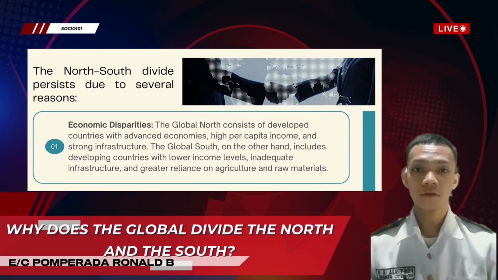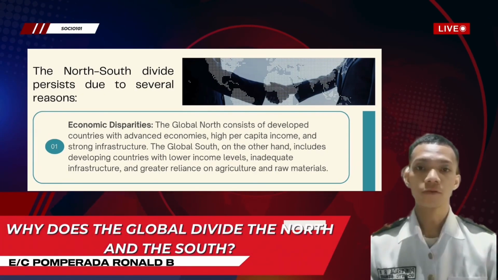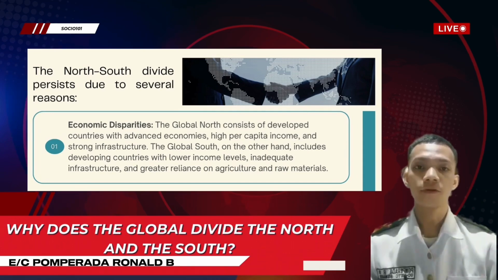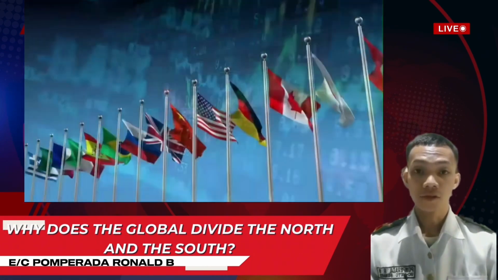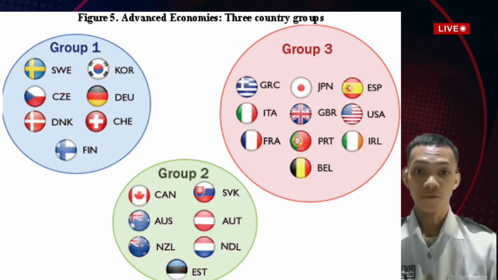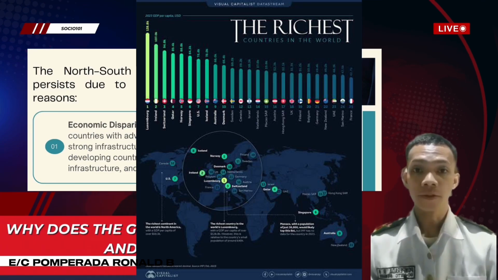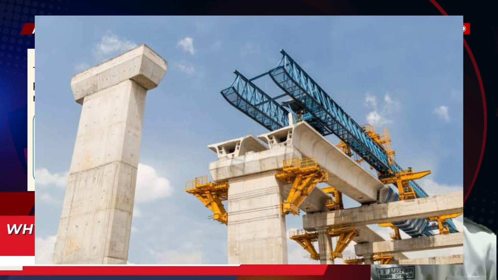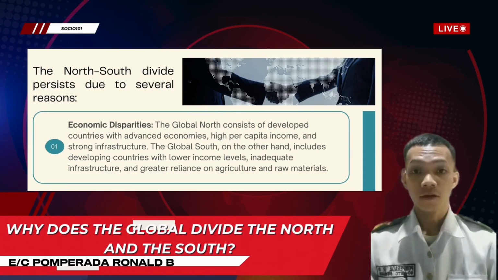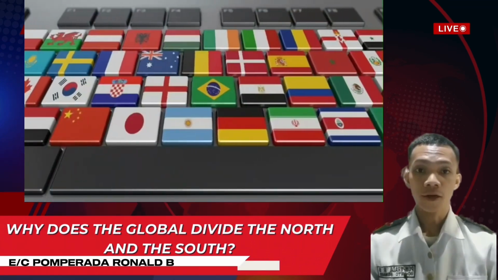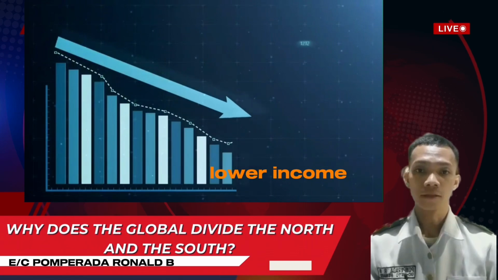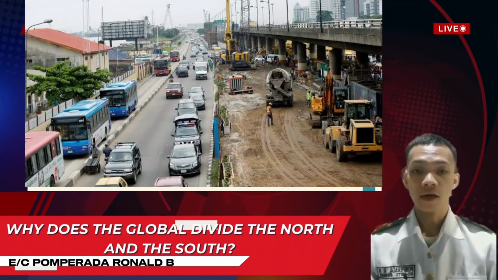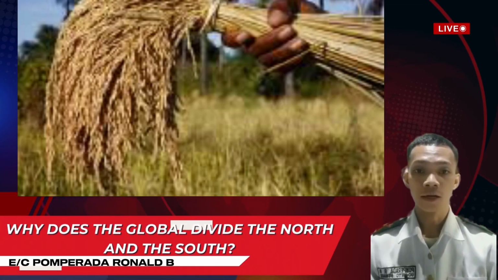Why does the global divide exist between the North and the South? The North and the South divide first due to several economic disparities. The global North consists of developed countries with advanced economies, high per capita income, and strong infrastructure. The global South, on the other hand, includes developing countries with lower income levels, inadequate infrastructure, and greater reliance on